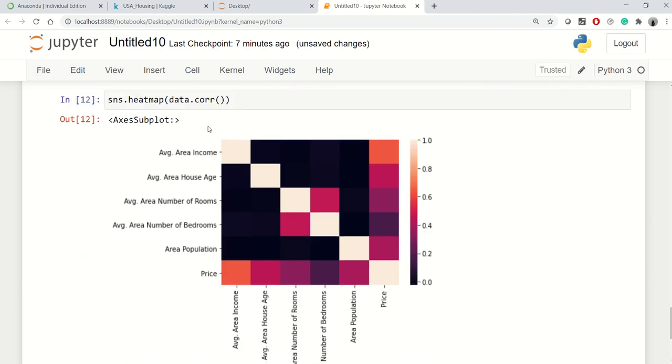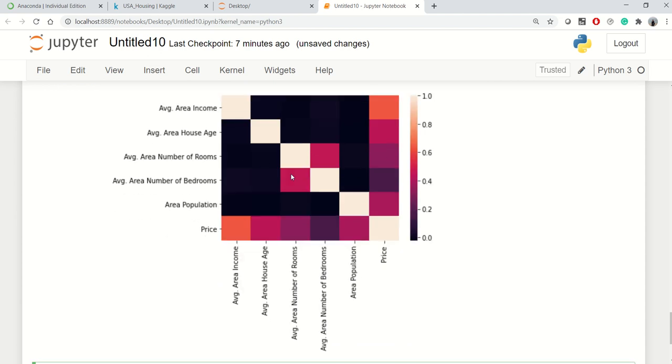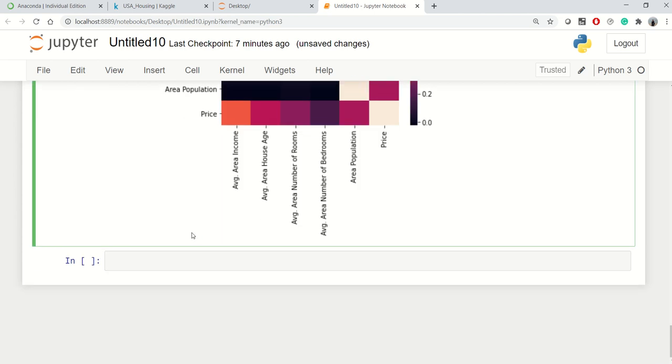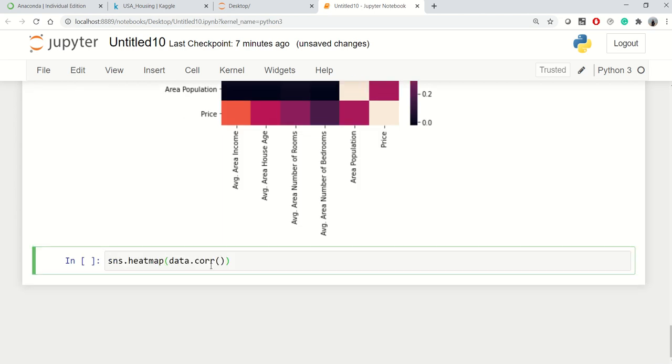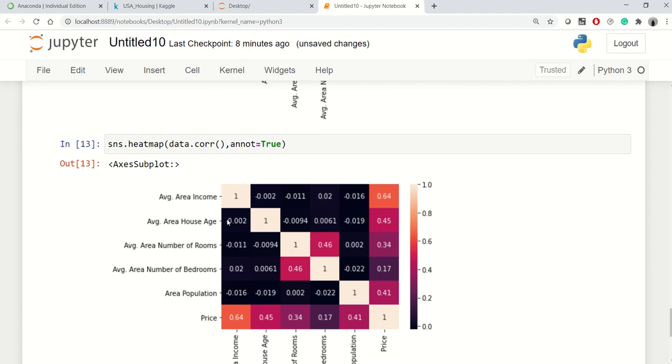So we can see this heatmap is giving us the information about the correlation. Now here on this graph, we can actually put the value of correlation. If I say sns.heatmap and the correlation, inside that I'll say annot equal to True. Okay, and that would give me the actual value of correlation here. Okay, great. So now let's go ahead and begin to train our regression model.